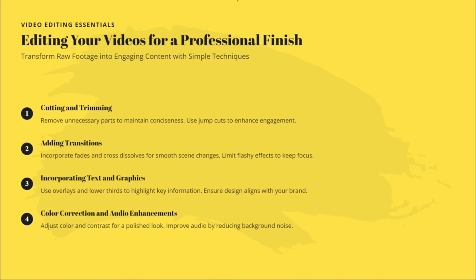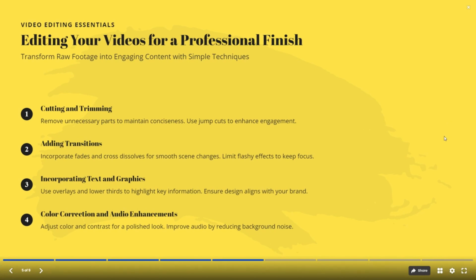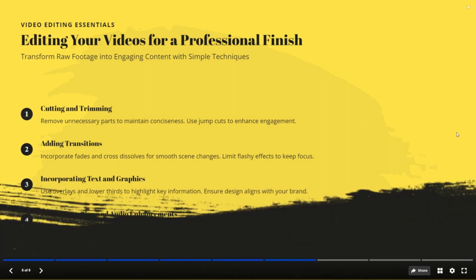Incorporate text and graphics, such as text overlays and lower third graphics, to emphasize important points or provide additional information. Also, color correction and audio enhancement is a very important concept in editing, which you can learn through different videos on YouTube. Also, there are certain tips for improving video quality, that is, improve your video production skills by learning